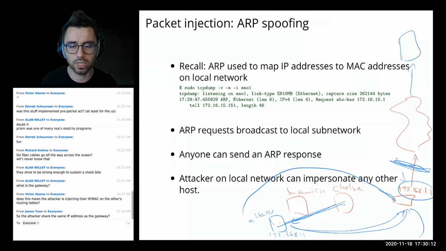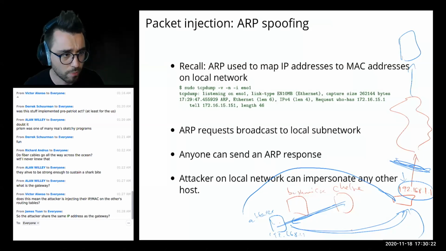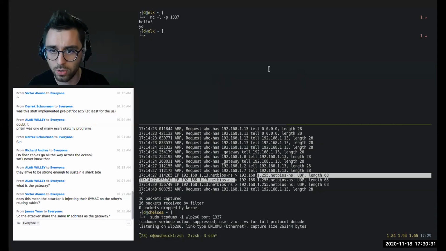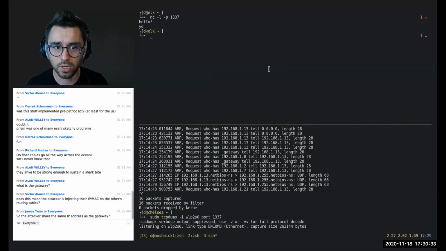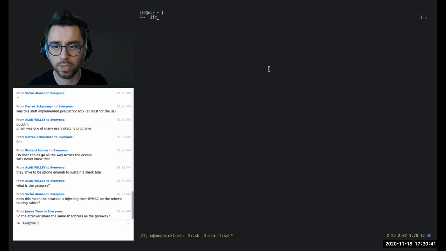Even if this was a real IP address, there would still be a gateway that connects me to the rest of the internet, even if, say, one of my machines had a public facing IP address. So in fact, why don't I just pull up a terminal and show you an example of something that's not one of these NATed things. Over here at the top, I'm connected to a machine called elk, and this is at UCSD, and this has a public IP address.